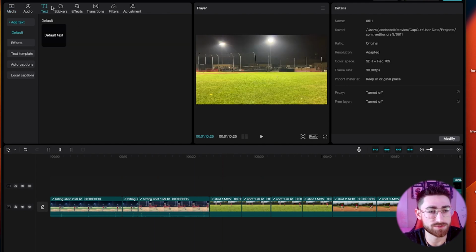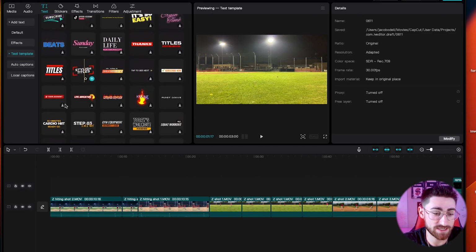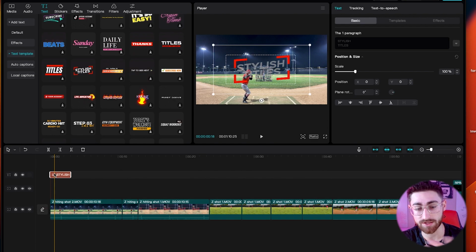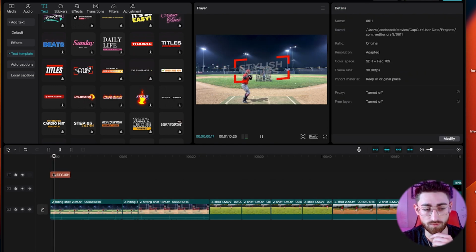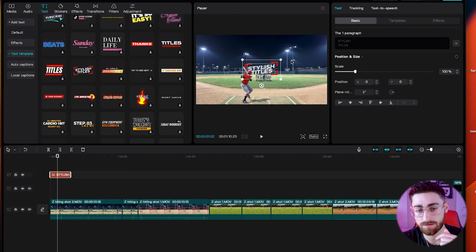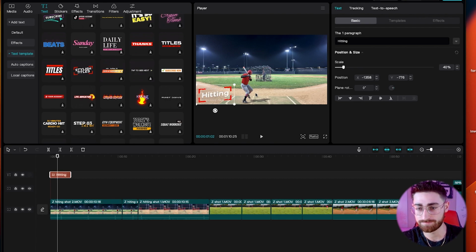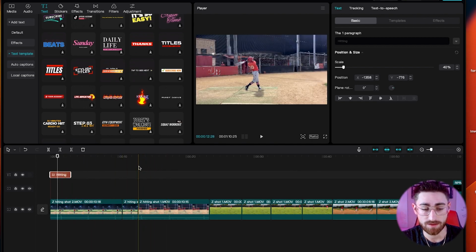The next thing we're gonna do is go to our text. We're gonna select a text template. I prefer this text template just because it looks really cool and stylish in a way. So what we want is to select the text, shrink it, drag it down into the bottom left. We're gonna put hitting right there. Then we're gonna press Command C or Control C on Windows, copy it, and then we are